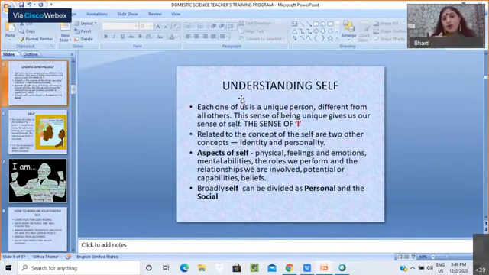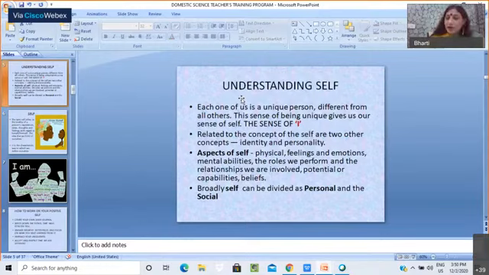And that's how the concept of the self starts building up. Now, related to the concept of the self are two more concepts, like when we are talking about identity and when I'm talking about personality. Now, aspects of self, when we are dealing with aspects of a self, a child who's coming to you,